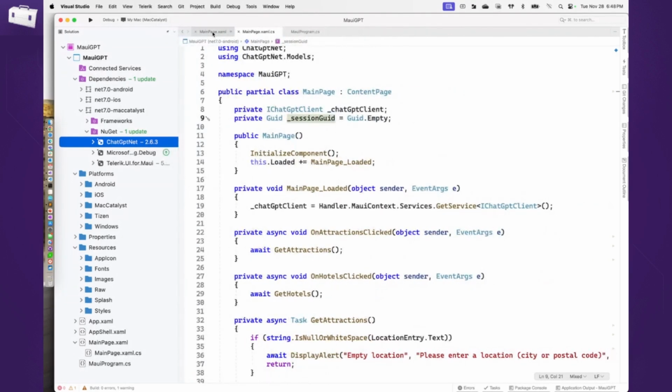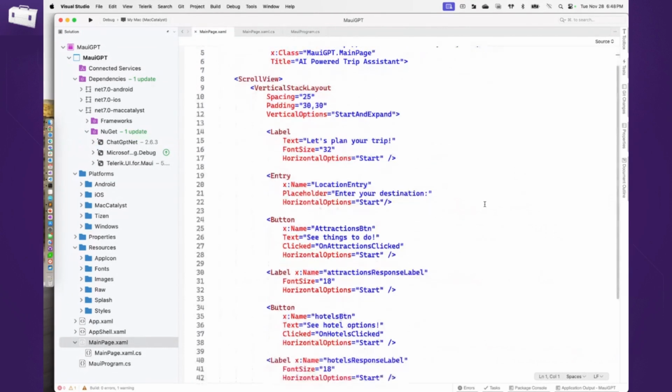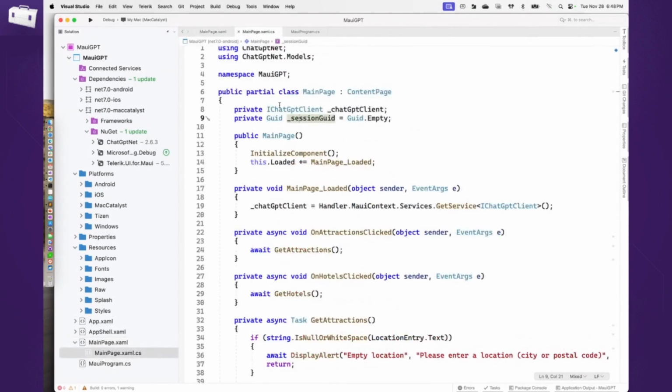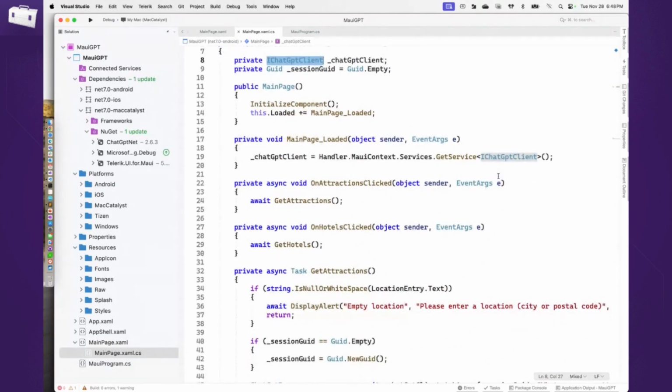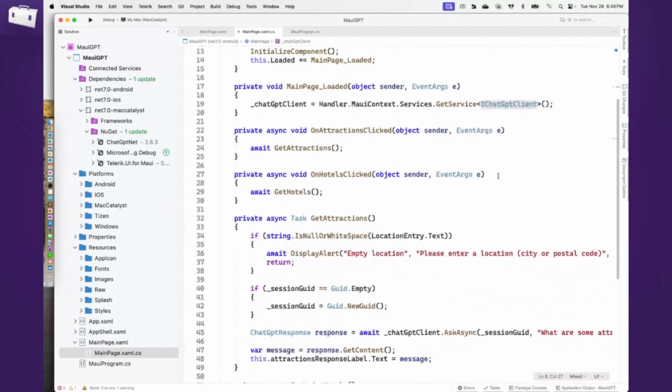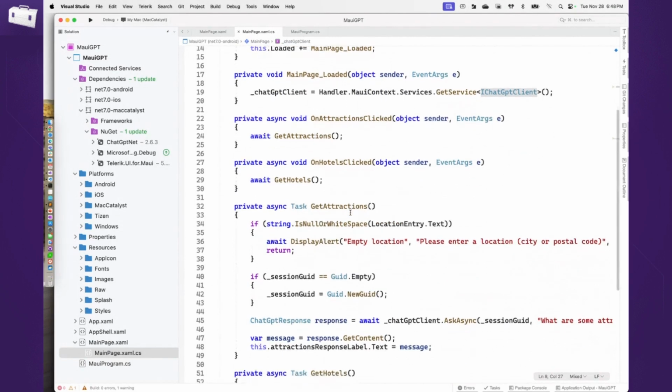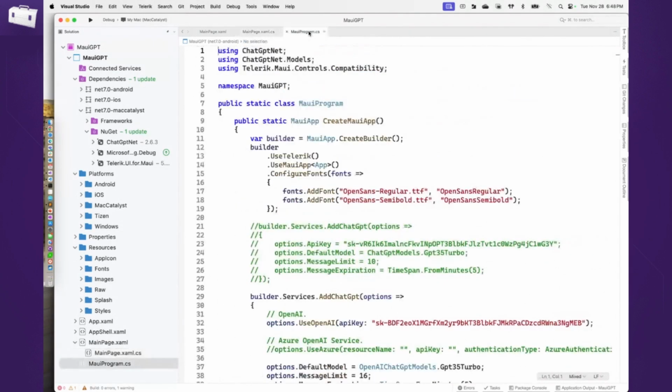So now we come in here. The UI for this is pretty simple. I got a couple of labels. When you click on that button, I essentially have an event handler that fires off. So we are going to start up our GPT client, initialize it, and bring it in. That way it gets a particular GUID. Then I have my API keys already lined up in here. So when you say get me the attractions, it essentially uses the API keys, by the way, which are in here.